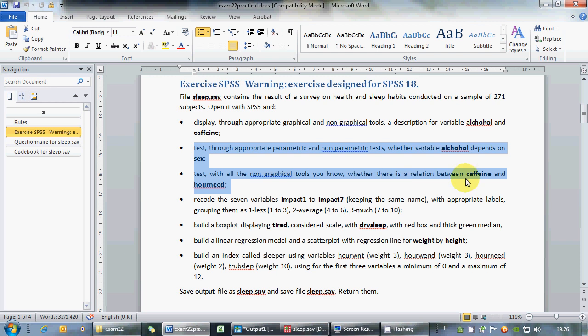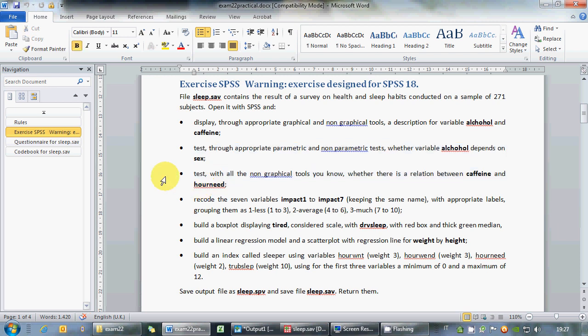While in this case, the relation between caffeine and our need, okay, if you check, there are both scale variables. So Spearman and Pearson are good. Okay, so the Spearman correlation and the Pearson correlation. Some students in this case decided to do also the Student test for paired variables and the Wilcoxon signed rank test. While both tests can be applied to scale variables, if you check what do they show,